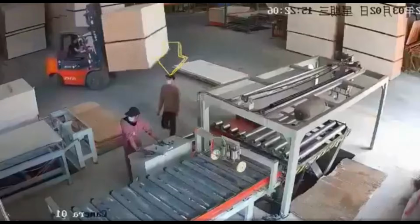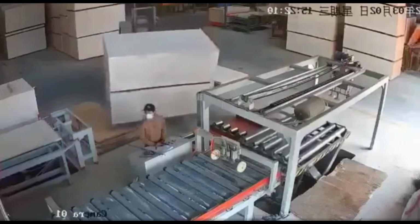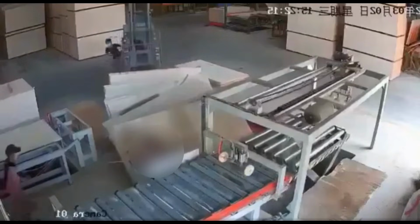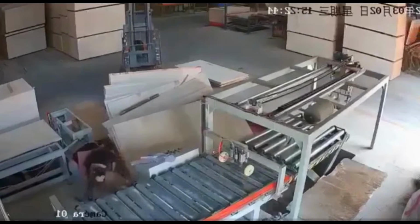This incident shows why loads should never be lowered without proper stabilization. Workers must not stand near suspended or unstable materials. Forklift operators must ensure the load is secure and that the area is clear. In emergencies,